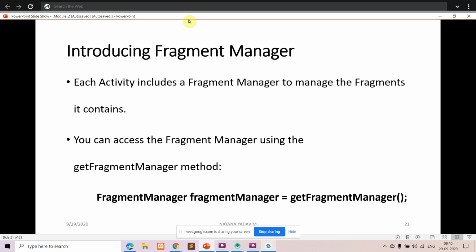The fragment manager is responsible for doing the activities with respect to the fragments that are being added to the activity. A fragment is a part of the activity, so anything you want to do with the fragment can be done by the fragment manager. How can you access the fragment manager? By using getFragmentManager.